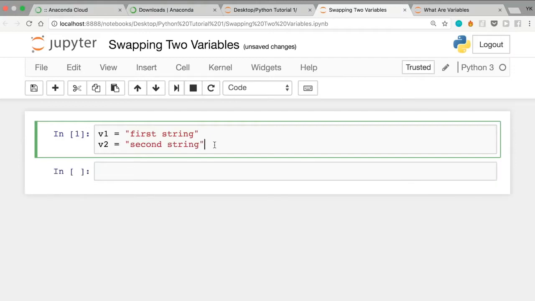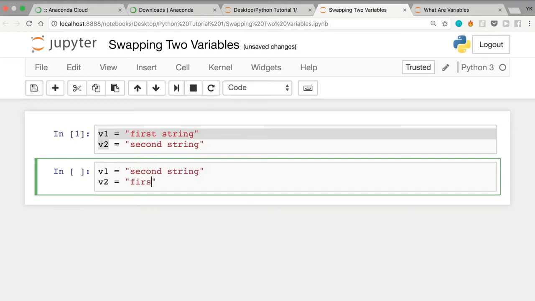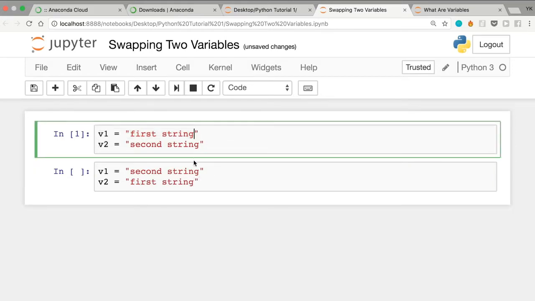How can you swap the values within these 2 variables with each other? The easiest way to solve this problem is just to write v1 equals second string and then v2 equals first string. But this might not be the best solution, because if you had a much longer string, it would